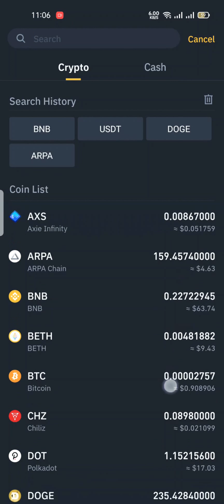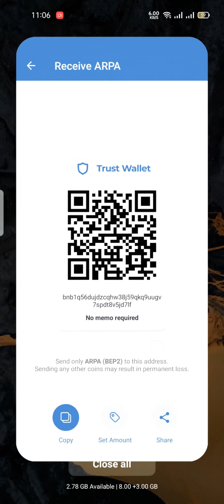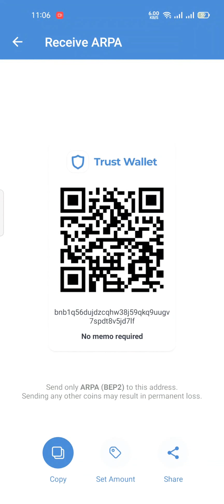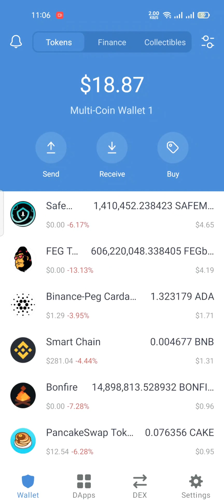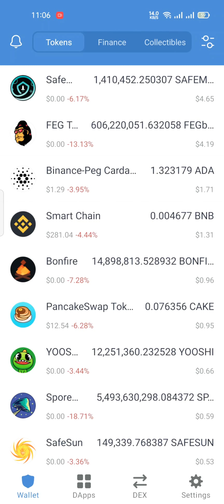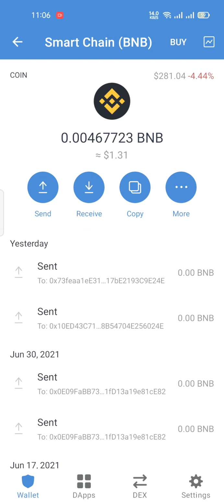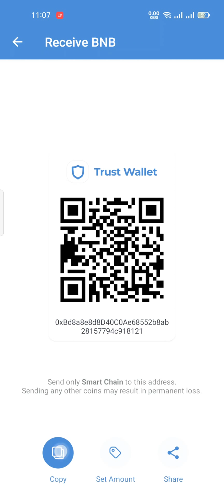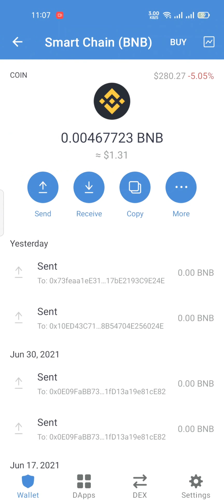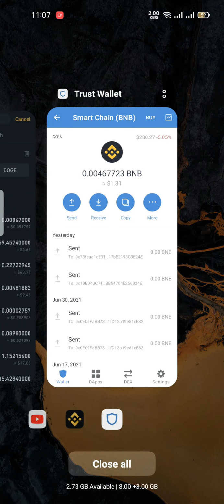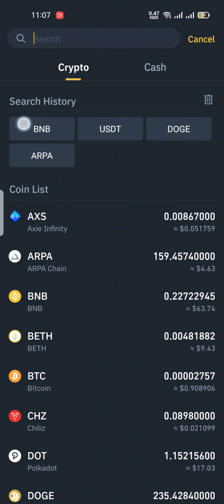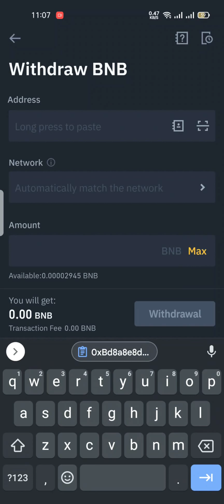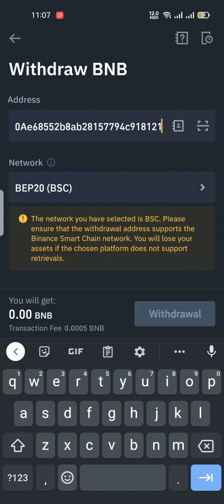And then for token purchasing, you need BEP20 BNB for the Smart Chain. Here you want to transfer BNB Smart Chain from your Binance to Trust Wallet. Copy that address. This is the BEP20 network. Guys, remember this is Smart Chain, it's BEP20. Then go to your Binance account. Here select BNB. Paste that address. This automatically detects the BEP20 network.